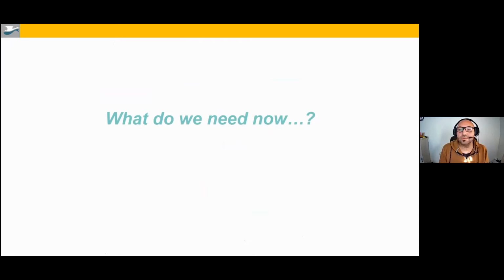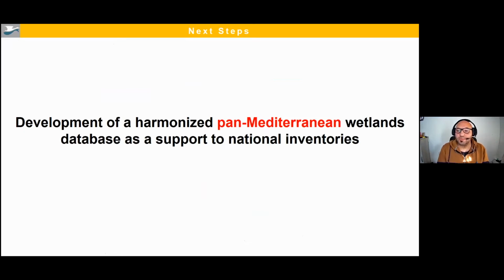So now, what do we need for next steps? So to develop a harmonized pan-Mediterranean wetland database as a support to national inventories. So as I said before at the beginning, based on this approach, we can map wetland habitats, but it doesn't mean that we are detecting or that we are inventorying the wetlands at national scale. So this information should be used as a baseline to develop the national inventories, because what we have here is the information on the habitats, the information on some characteristics of this habitat, what kind of wetlands, etc., what is